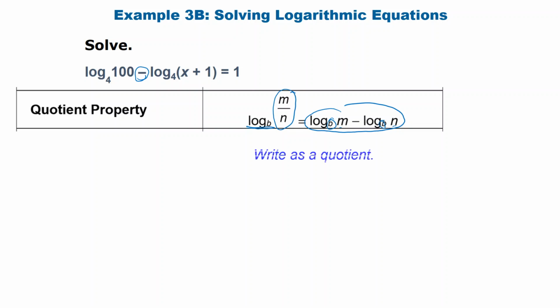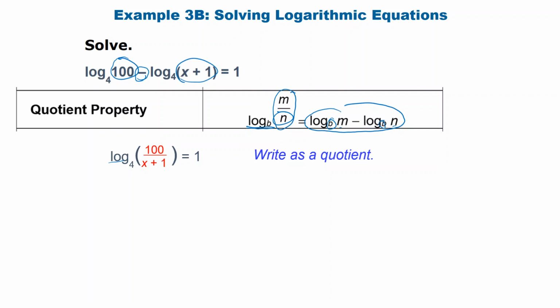So we're going to go ahead and write it out as a quotient. I took my m, which was 100, and divided it by the n, which is x plus 1. So I'm going to have log base 4 of 100 over x plus 1